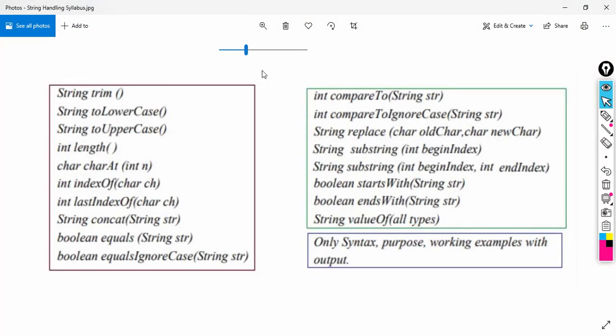Now the next function is substring. The substring function has got two versions. One is this one, which takes a single parameter, and the second one takes two parameters. So let's have a look.